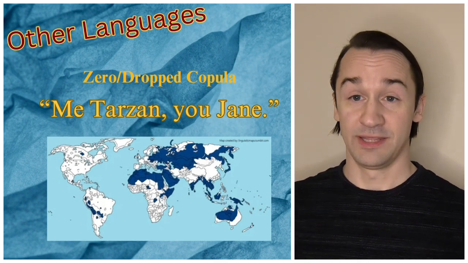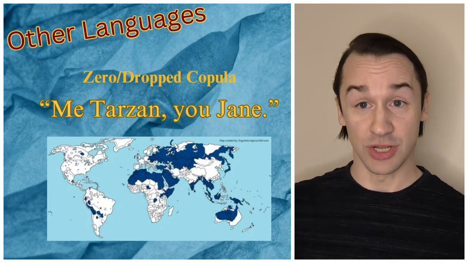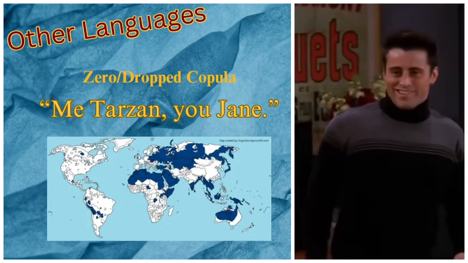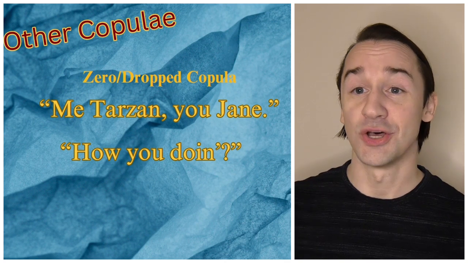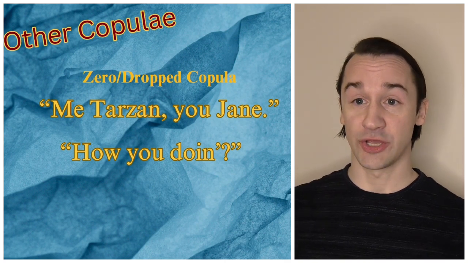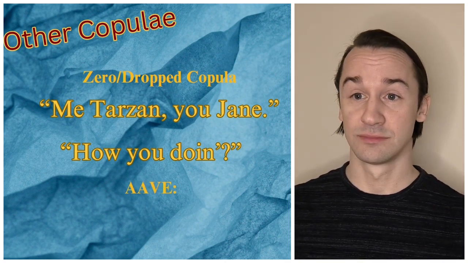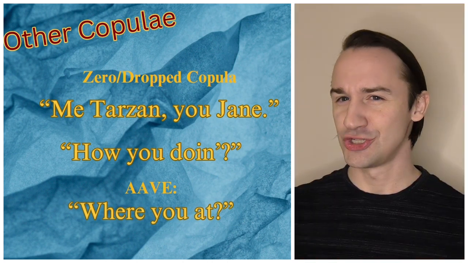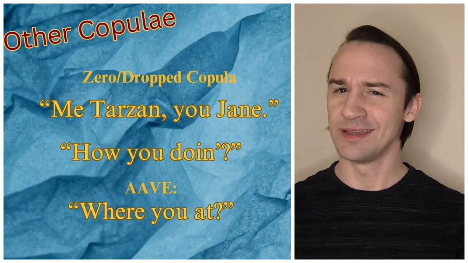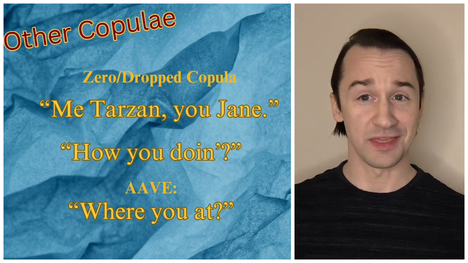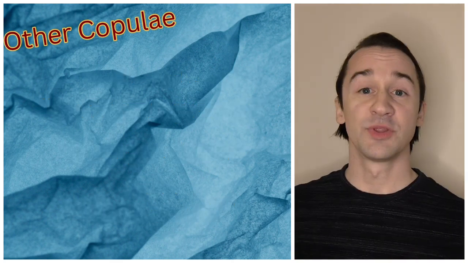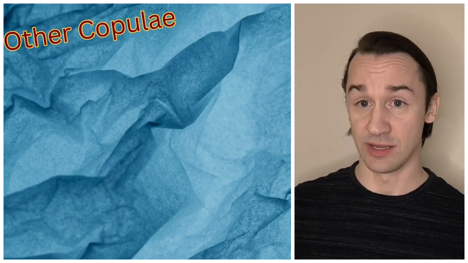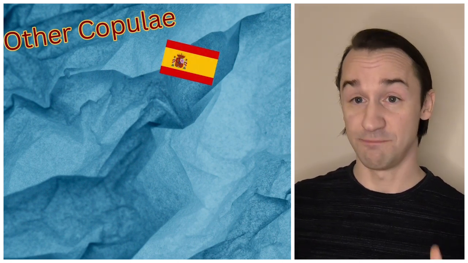A dropped copula is occasionally featured in casual English conversation too, like, hey, how you doing? And it's also a feature of African American vernacular English in phrases like, Where you at? So the question to be or not to be is more complicated than we think. Badumch. In some of the Romance languages like Spanish and Italian, there are two distinctive forms of be, which boil